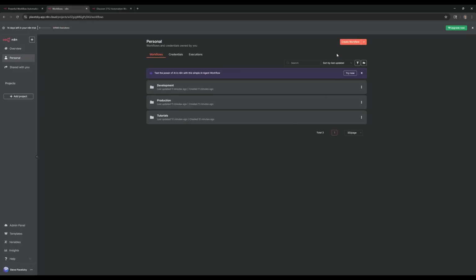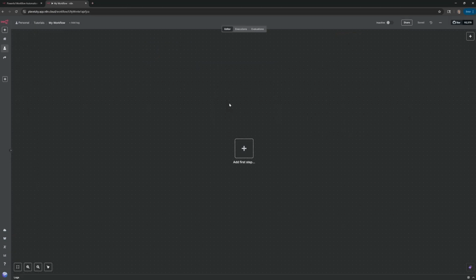But for now, let's go ahead and create our first workflow. And now that we're on the Canvas screen, I just want to show you around before we get started. At the top left, you've got the personal. If you put it into a folder, your folder name is going to pop up here. And then here is where you can actually rename the workflow so it makes sense to you. We want to delete that.